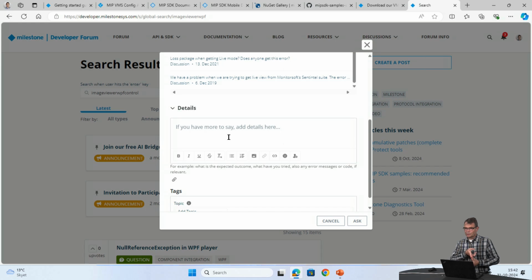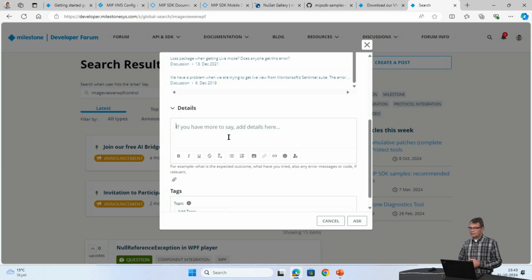Is this the newest version, or is something very old? Am I using something that is very close to a sample? Then it's very valuable information and can speed things up to say this is very much like the alarm and event viewer sample, but different in this way.